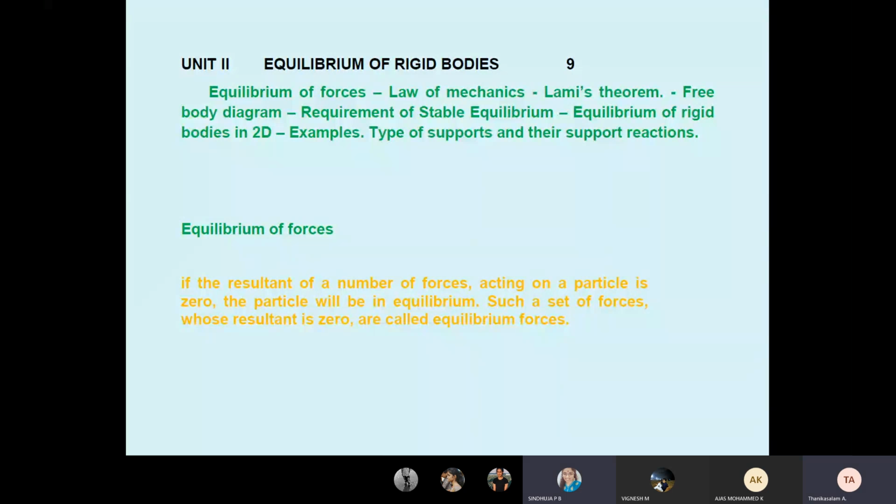Sir, the first unit, what we discussed? First we discussed the units and dimensions, what is force, its system, and the effects of forces. Then the parallelogram law, the triangular law for two forces to find the resultant. Then the polygon law if there are more forces to find the resultant value. Then resultant, resolution and composition of forces. Then problems based on resolution. Then the principle of transmissibility.